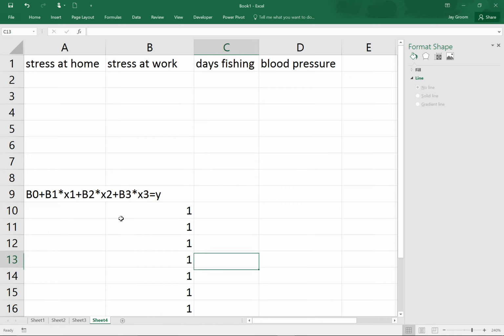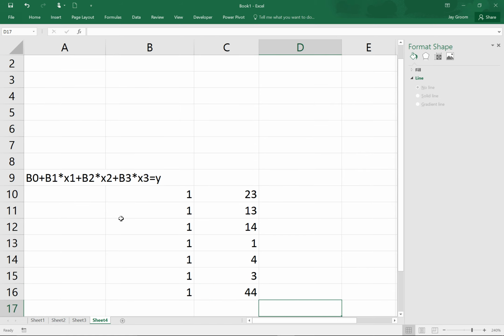Okay? That's for the constants, as many as I need. It's for the stresses at home. Again, this is on me personally, so maybe I have a 23, a 14, a this and that, whatever. And that never happens, and this, okay, great. And then my stress at work,